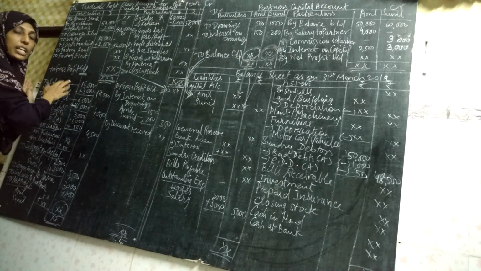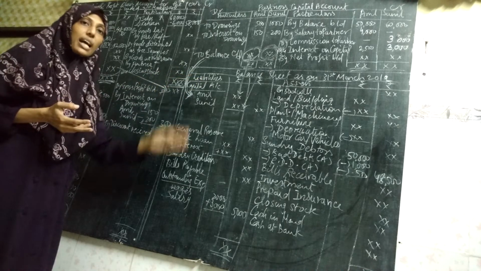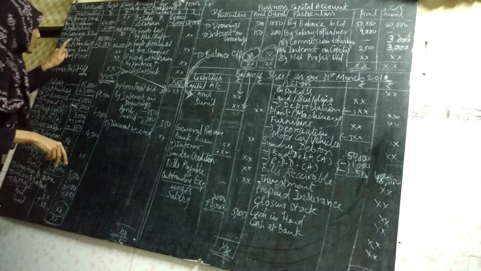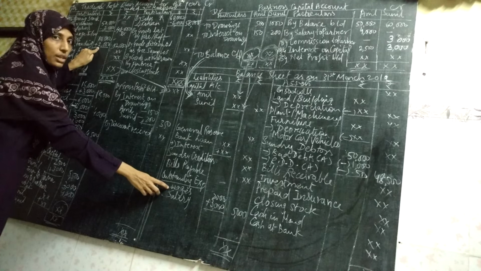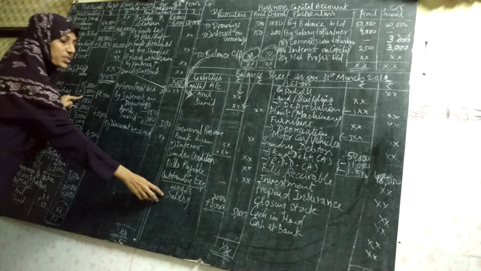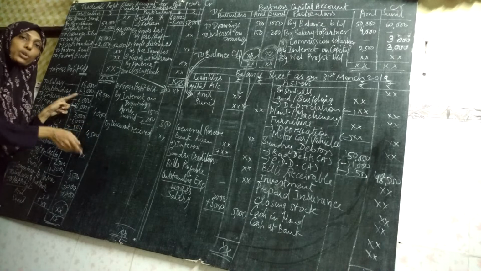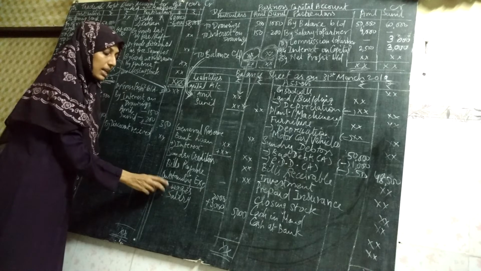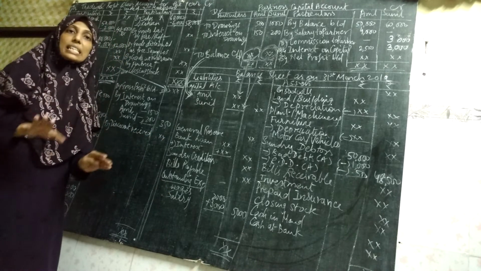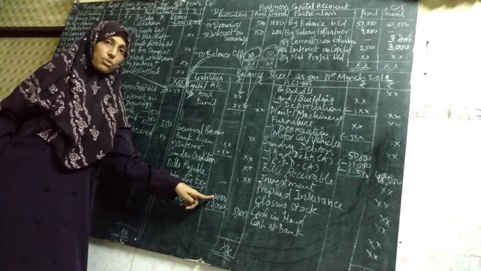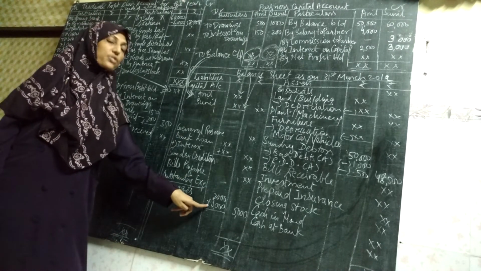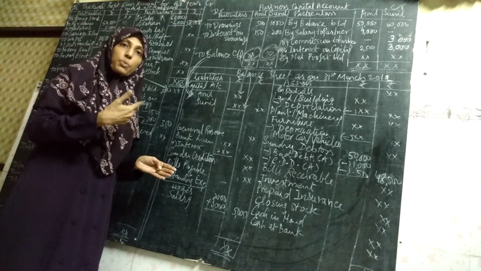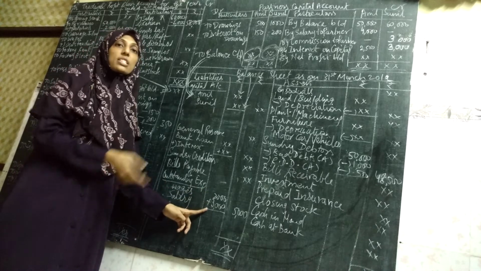This was the debit effect. Where is the credit effect? The credit effect is on the liability side. I have written outstanding expenses. The expenses are two: wages outstanding 2,000 and salary outstanding rupees 3,000. Wages and salary both are outstanding, shown on the liability side. Why? Because till now I have not paid wages of rupees 2,000 and salary of rupees 3,000. This amount has to be paid by me. Therefore, this 2,000 and 3,000 is a liability to me.